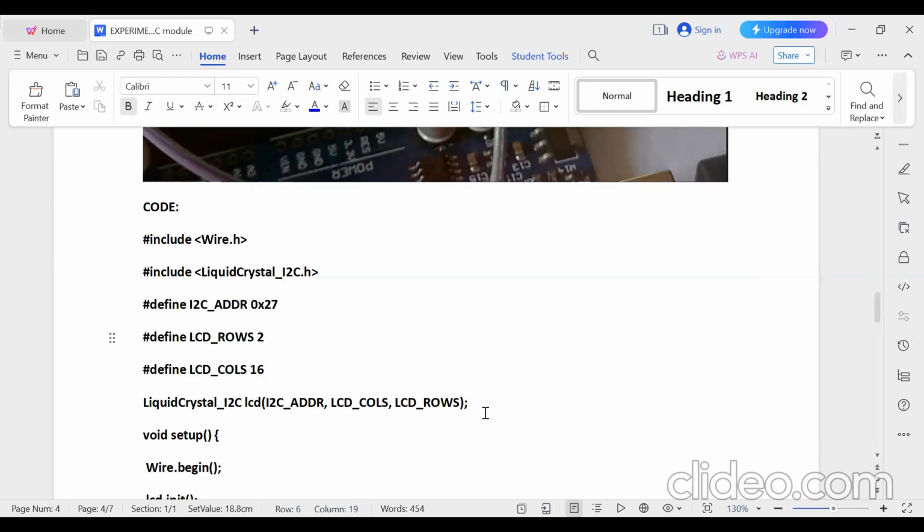So next is LiquidCrystal_I2C lcd(). This entire line creates the instance of the LiquidCrystal I2C class, initializing it with the I2C address, a number of columns and a number of rows. In void setup,